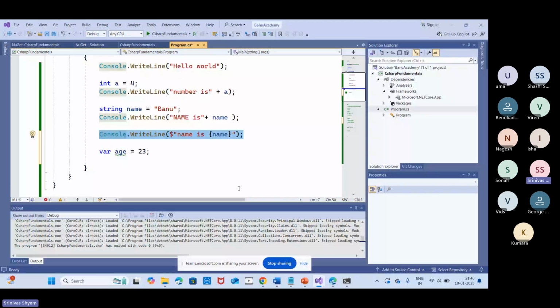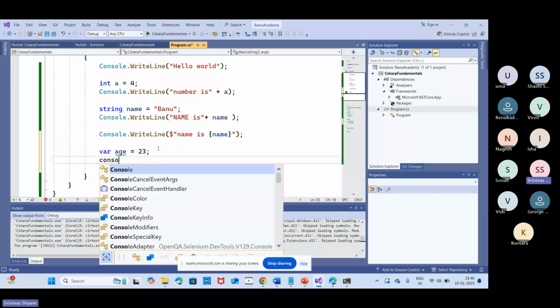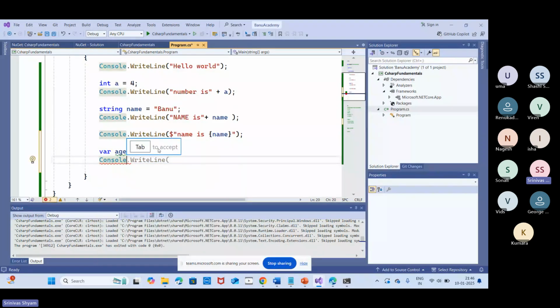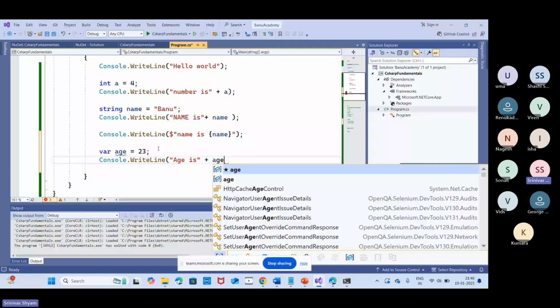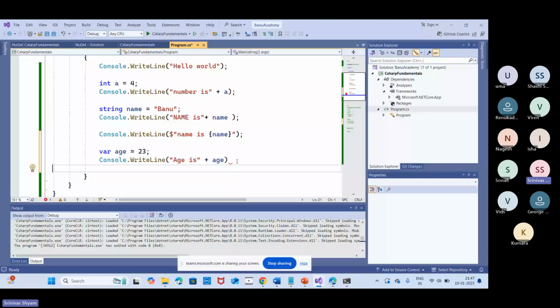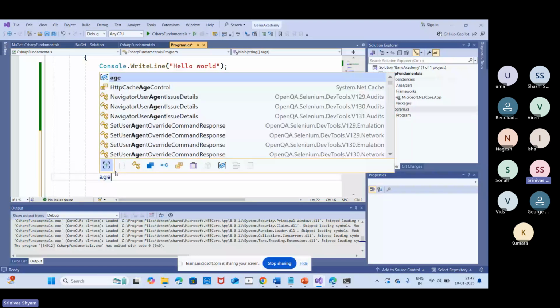So let's say I'm going to print this age. Console dot, tab, WriteLine, "age is", then for concatenation plus, and whatever the age is here. After this, as I have already told, this is a dynamic one. It will automatically consider. Now if I want to go ahead and assign age equals to, let's say, "test",